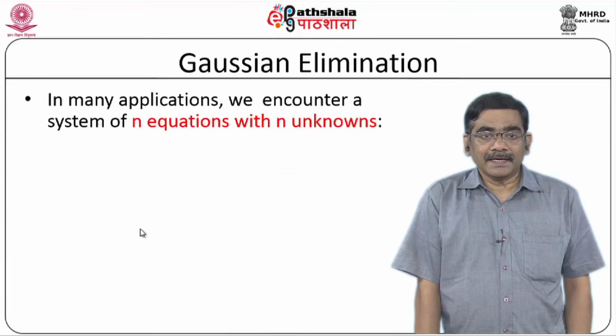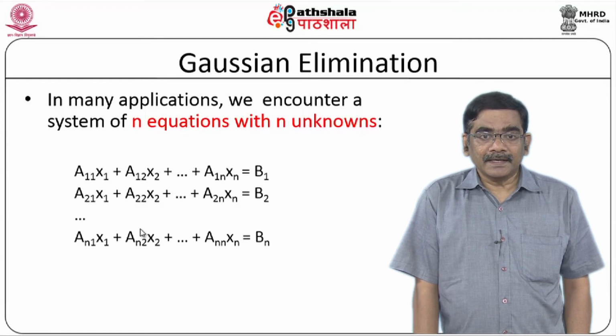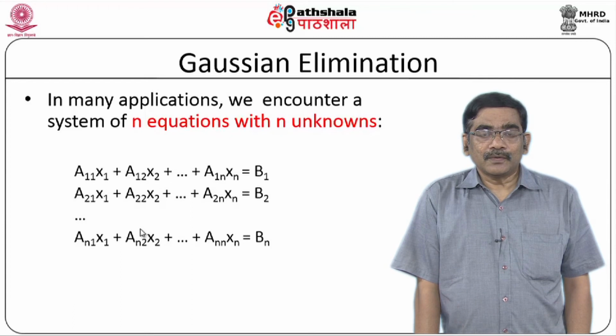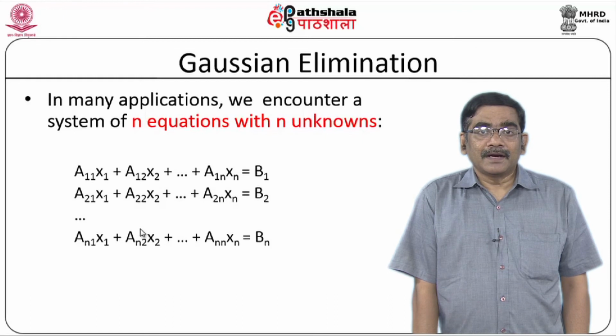but this is not the case if we have n equations with n unknowns. In this case, we have these sorts of n equations with n unknowns. So, we can't attempt to solve this problem using the traditional method. This is where Gaussian elimination fits in. What we are going to do is transform this problem into a problem where we get an upper triangular matrix, and once we have that, we are going to solve it.